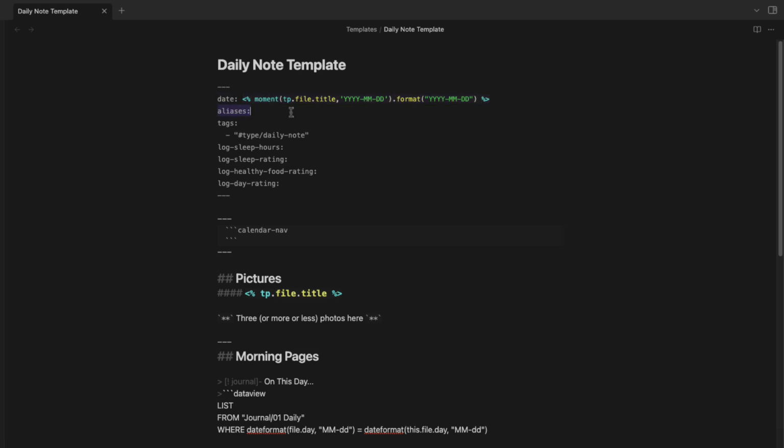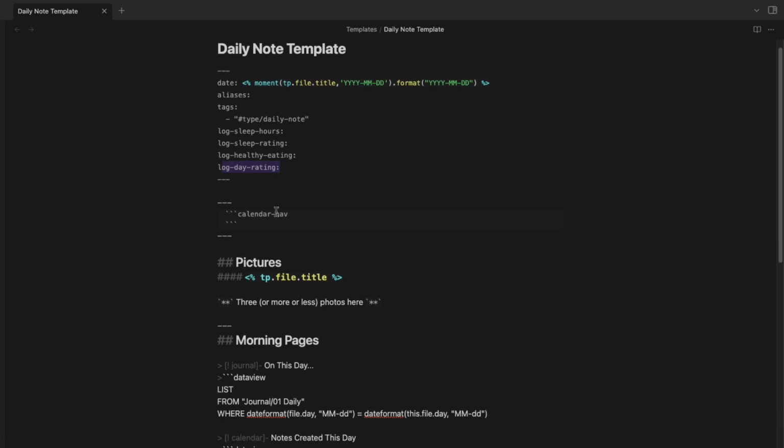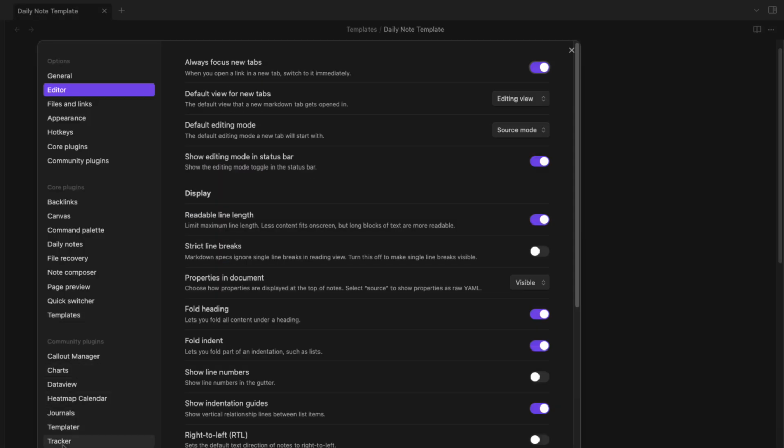For aliases, this is alias for your name. Tags, this is a type daily note. I want to track my log sleep hours, my log sleep rating. I want to see log healthy food rating. And I'm actually going to change this to log healthy eating and log day rating. Then the calendar view. This is from